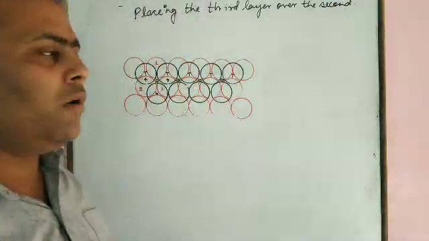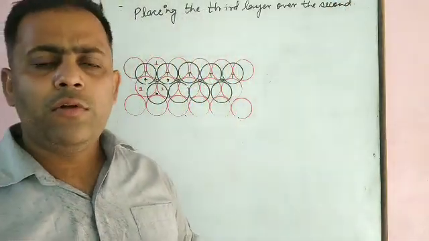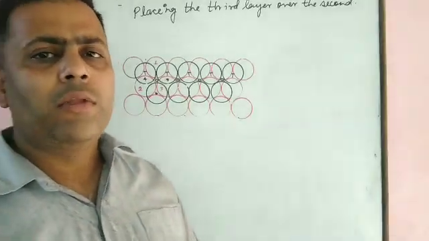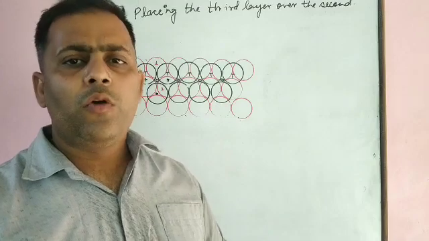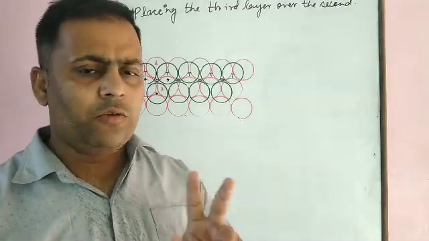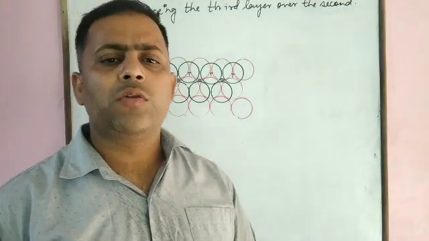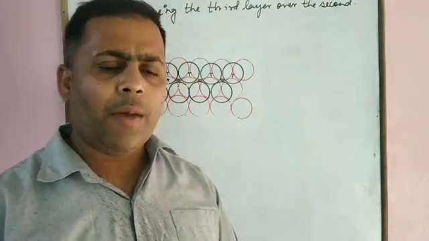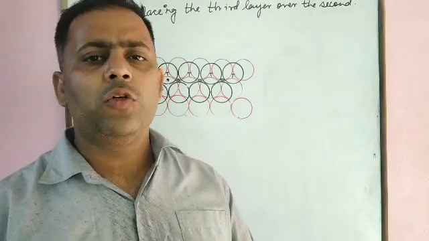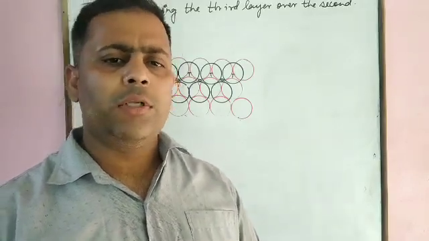It means what we have done, first of all, we have close packed structure in one dimension. To the next one, we have close packed structure in two dimensions, that is of two types. The first one is square close packing structure in two dimensions, and the next one is hexagonal close packing structure in two dimensions.